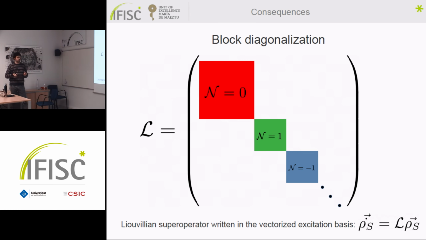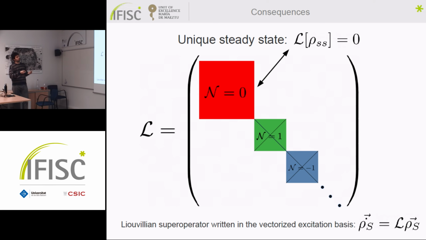The other, let's say, important result is the fact that we have a unique steady state. What is a steady state? It's the state to which we are going during the evolution. It's what would be the equilibrium state of classical thermodynamics. I mean, we are going and we get to a state. This is what statistical physics is about, more or less. So it's very important, this thing of a steady state in quantum physics, both for thermodynamical reasons, so because it's important to understand where you are going with your qubits, but also for fundamental reasons.